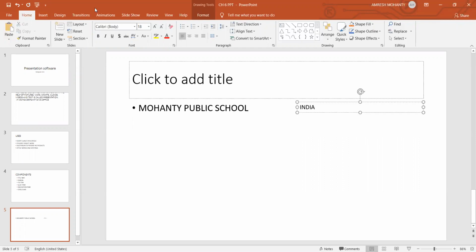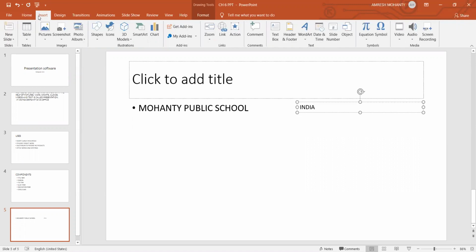I can insert the text box by going to the ribbon and clicking Insert and then Text Box and selecting the size of the text box that I want. And I can insert the text box here. I can also insert pictures.